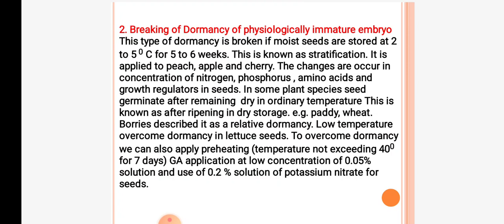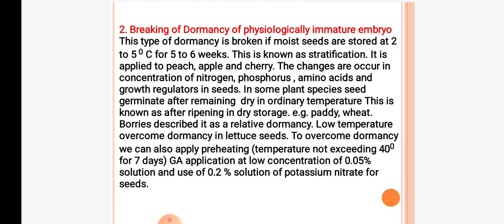Then, low temperature overcomes dormancy in lettuce seeds. To overcome dormancy, we can also apply preheating treatments, at a temperature not exceeding 40 degrees centigrade for 7 days. GA application at a low concentration of 0.5% solution and use of 0.2% solution of potassium nitrate are useful for breaking the dormancy of the seed